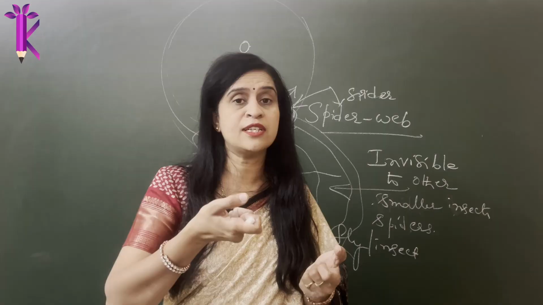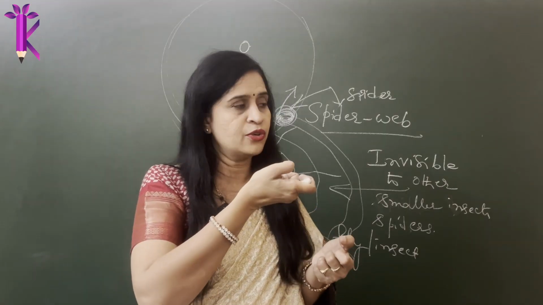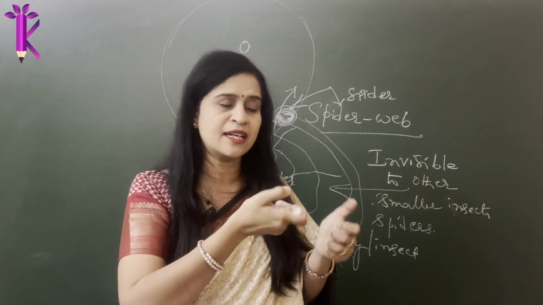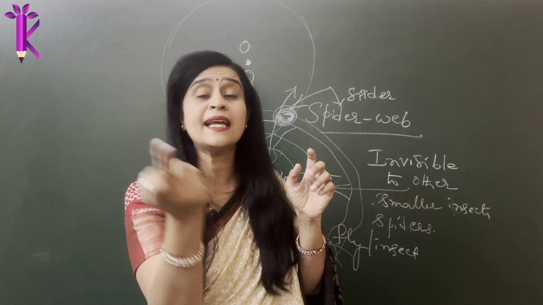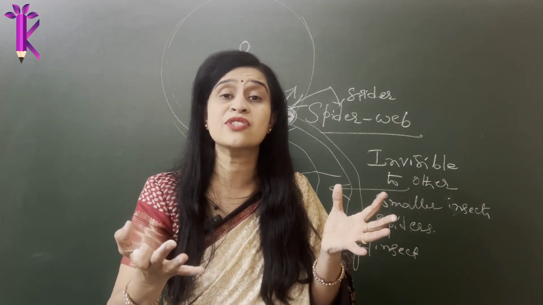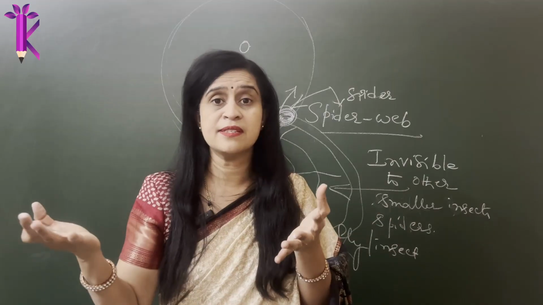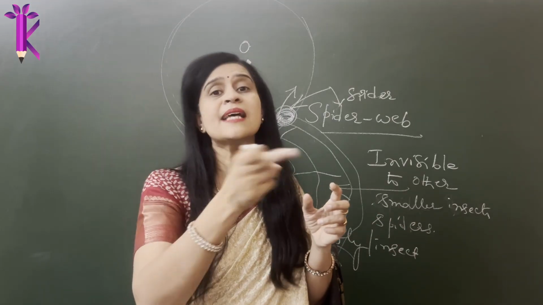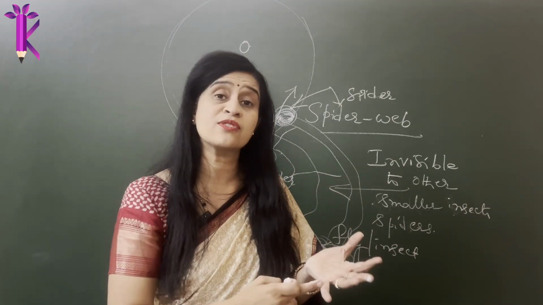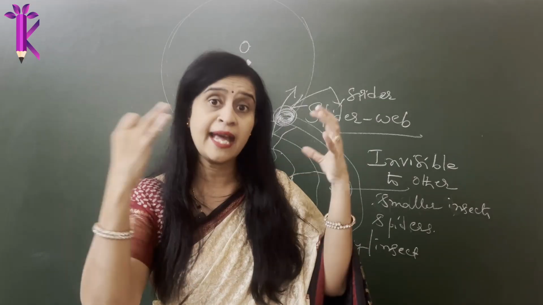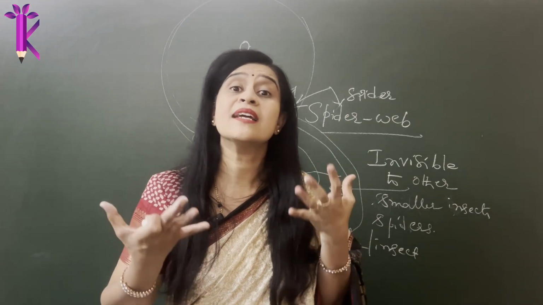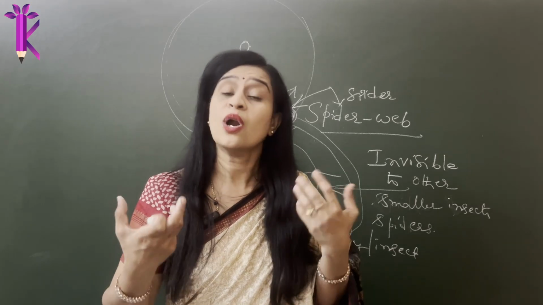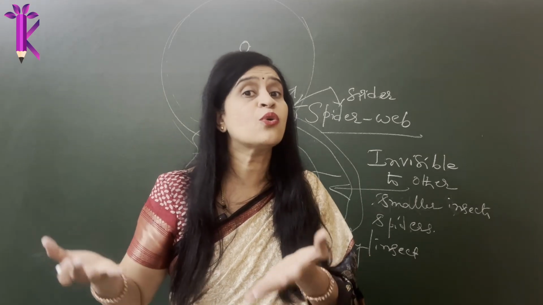Or even when you have a torch, you go in the dark, you switch on the torch, it is pitch dark and you see there is a circle. It has its own area of influence, and in that area of influence you are able to catch flies, insects and whatever is there. So that is something visible to you. These forces, like electrostatic force or the area of influence that they create around a specific point charge, are invisible to the human eye, not only to the human eye, even to other charges.